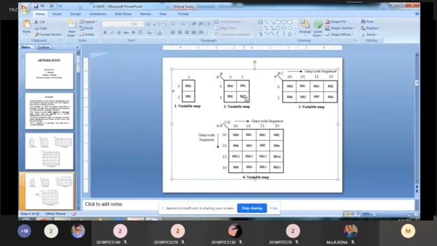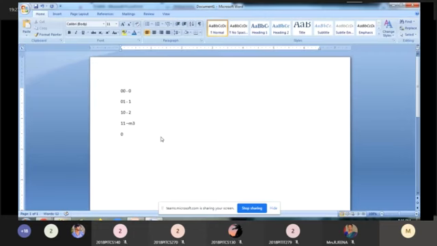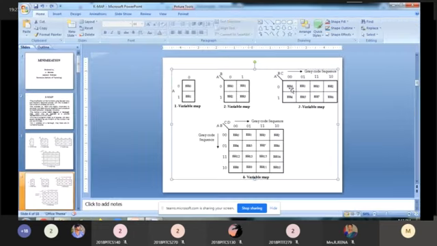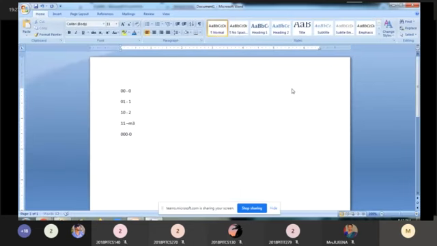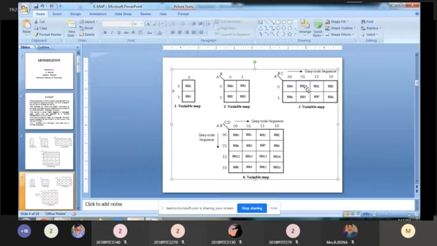Have you all understood? Next one is the 3 variable K map. In the 3 variable K map, here we are using 1 variable, here using 2 variables. Here 0 and 1, here 0 0, 0 1, 1 1, 1 0. First one, 0 and 0 0. What is the value for 0 0 0? That is 0, so it is M0. Then what is the value for 0 0 1? 0 0 1 means 1, so this is M1.